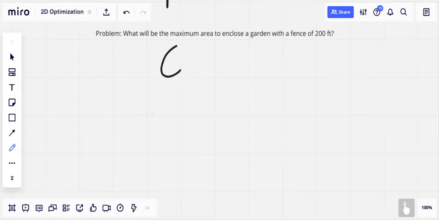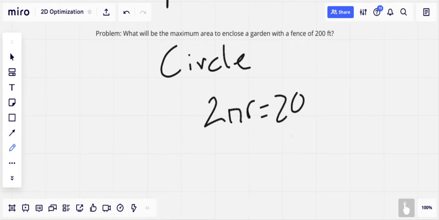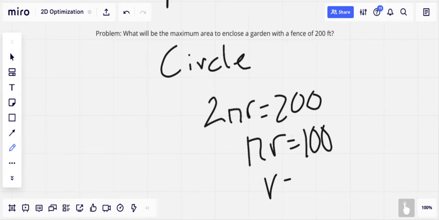So, in the circle, the area is equal to pi r squared, and the perimeter or circumference is equal to 2 pi r. In this case, we have a fixed perimeter or fence length of 200. So we would set 2 pi r equal to 200, and solve this for r and find that r is 100 over pi. If you have a calculator handy, you can do 100 divided by 3.14, the value of pi, to get an r value equal to